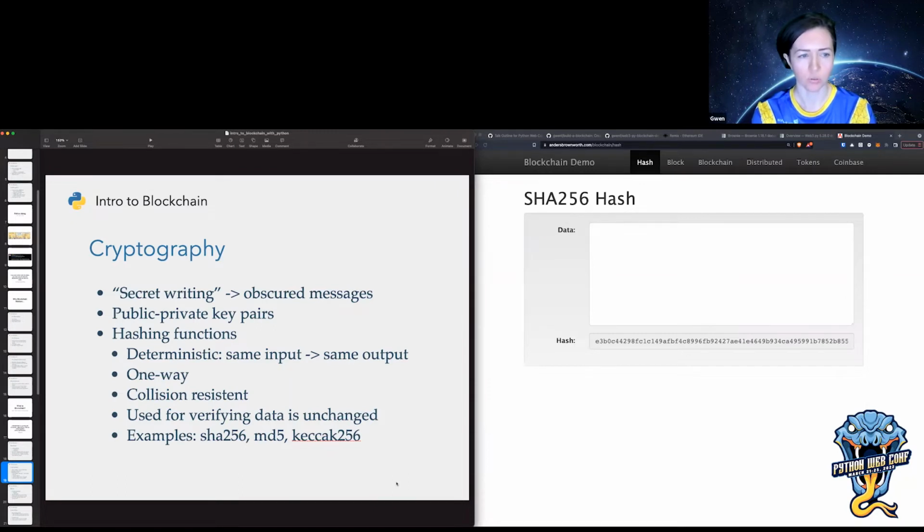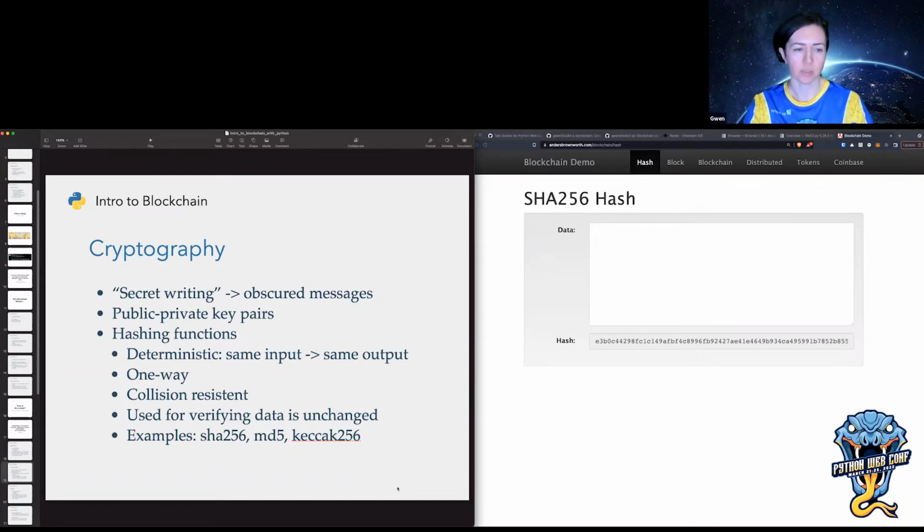You can verify ownership of that public address and send funds and transactions from that address if you own the private key for that address. I'll talk about that in a second. But that's one way that blockchain uses cryptography. The other main way is through hashing functions.